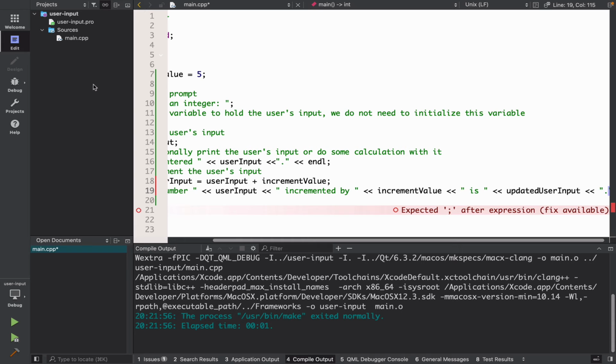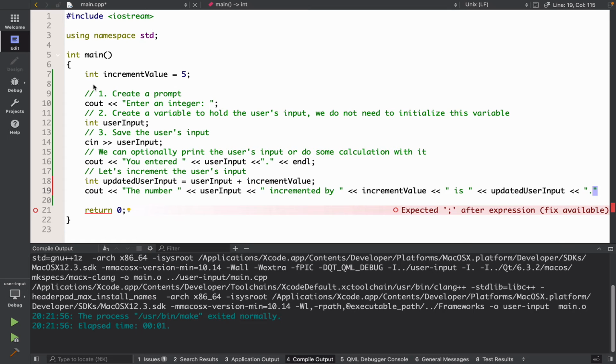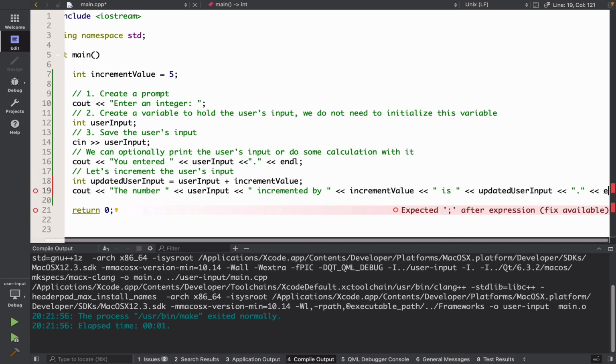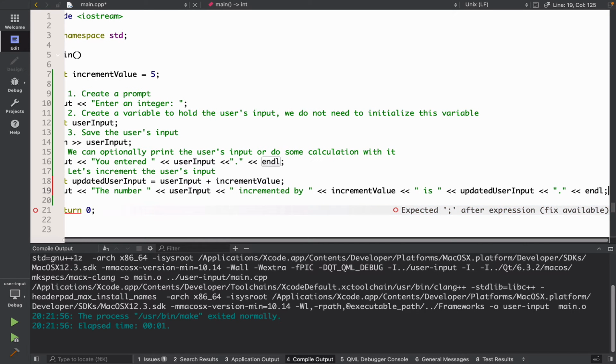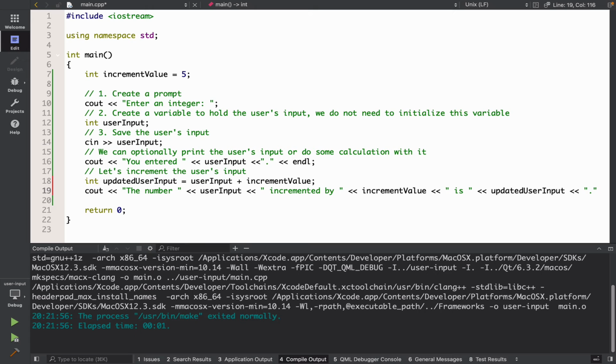Let me get some more space. I'm gonna close this. Yeah, I have more space. So it's a long sentence, and so I'm gonna put a full stop. And normally I would put an ENDL. Okay. Now, if you want to save typing, then a shortcut for ENDL is to simply put a \n